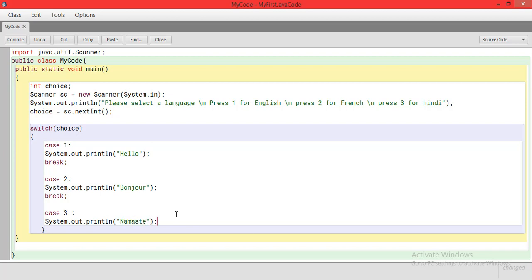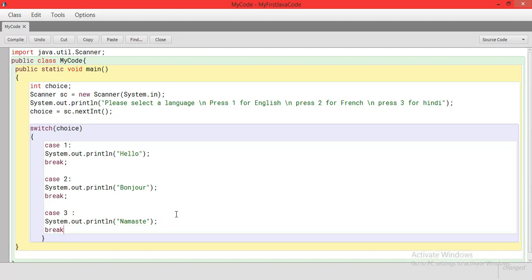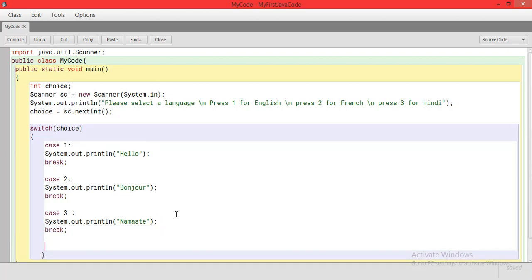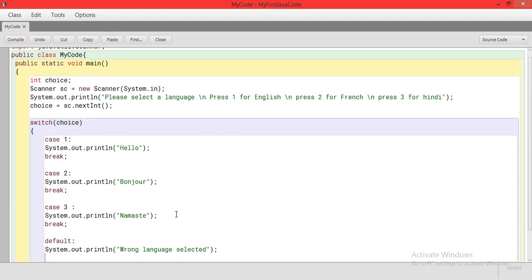So we selected all the 3 types of cases. If user has pressed 4 or 5 or something which is not there in the language section, it will go to the default case and it will say System.out.println wrong language selected, correct? Okay, and then it will basically stop the application.